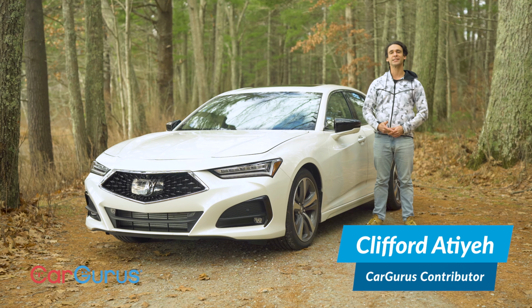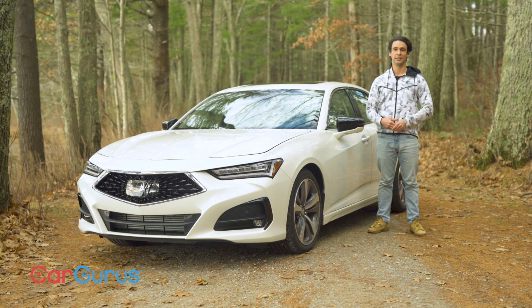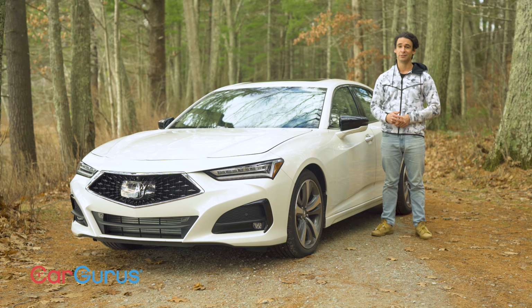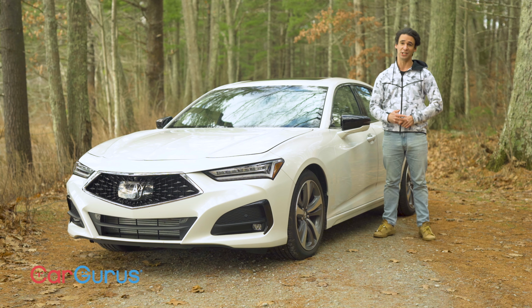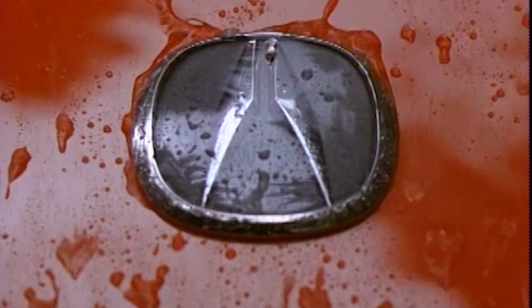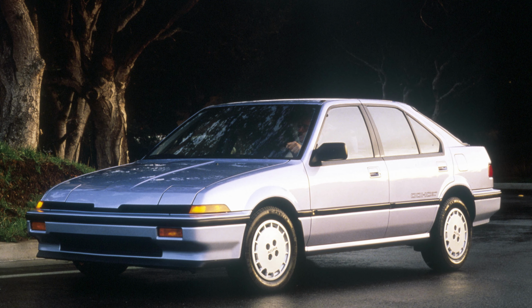In 1986, Americans started to wear Dockers khakis and watch Oprah Winfrey. This was 1 year after Nintendo gave us the first NES console. And Japan, well, they were not done. The 1986 Yamaha Wave Runner, and Acura, the first luxury car brand from Japan, starting with the 1986 Integra and